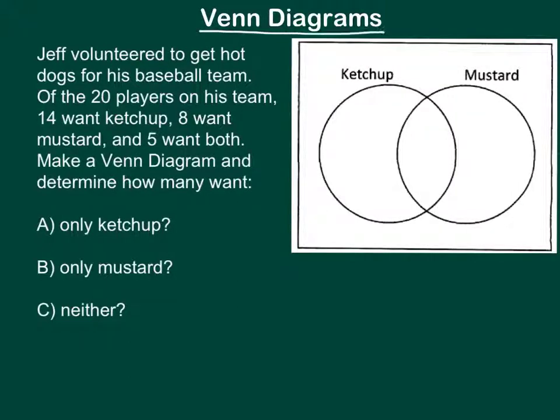Venn diagrams. We're going to talk about Venn diagrams, which are used to represent overlapping data. Jeff volunteered to get hot dogs for his baseball team. Of the 20 players on his team, 14 want ketchup, 8 want mustard, and 5 want both. Make a Venn diagram. So the first thing you want to look for is the overlap between the ketchup and